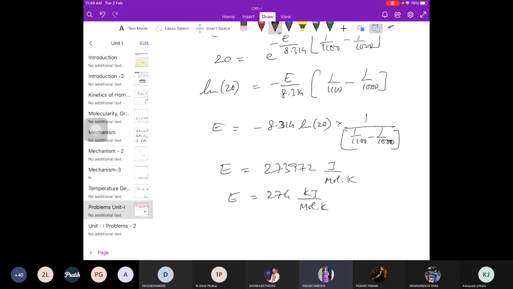Dikshita? सर केल्विन नहीं आएगा ना? नहीं आएगा। आर का यूनिट्स क्या है? जूल्स पर मोल केल्विन। You're right, केल्विन नहीं आएगा। It is जूल्स पर मोल, एक्टिवेशन एनर्जी पर मोल ओनली। राइट देवेंद्र।